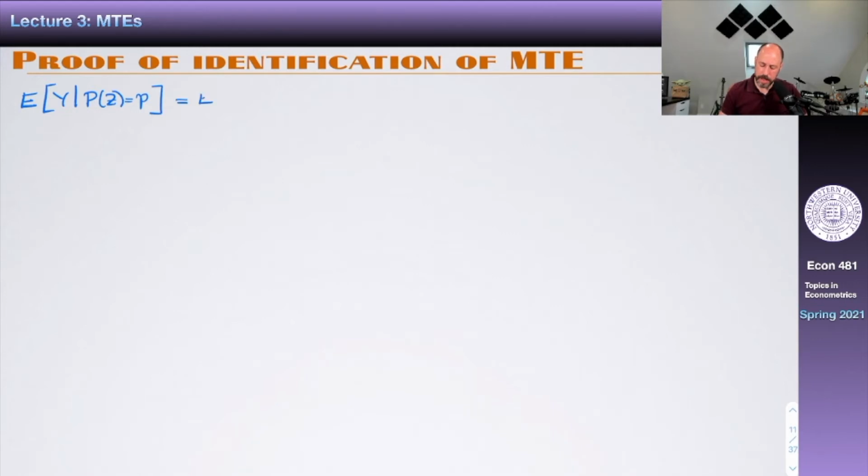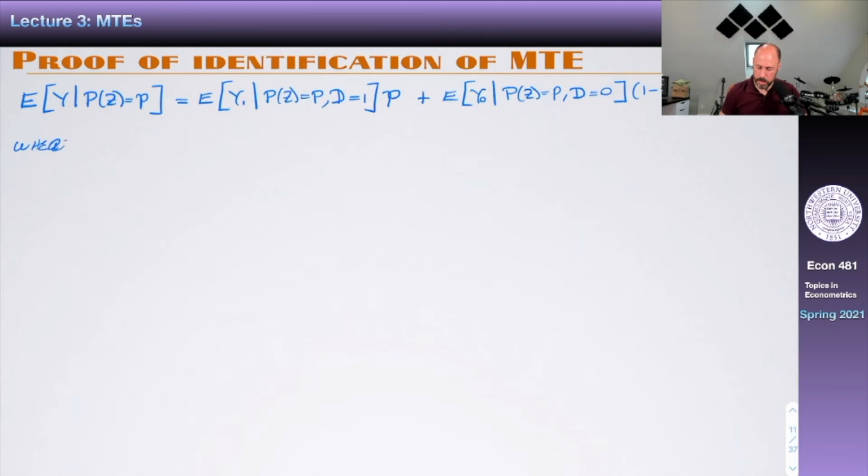By the law of iterated expectations, we can write it as the expected value of Y1 conditional on the propensity score being equal to little p and D equal to 1, times p, plus the expected value of Y0 conditional on the propensity score being equal to little p and D equal to 0, times 1 minus p, where we used that the probability that D equals 1